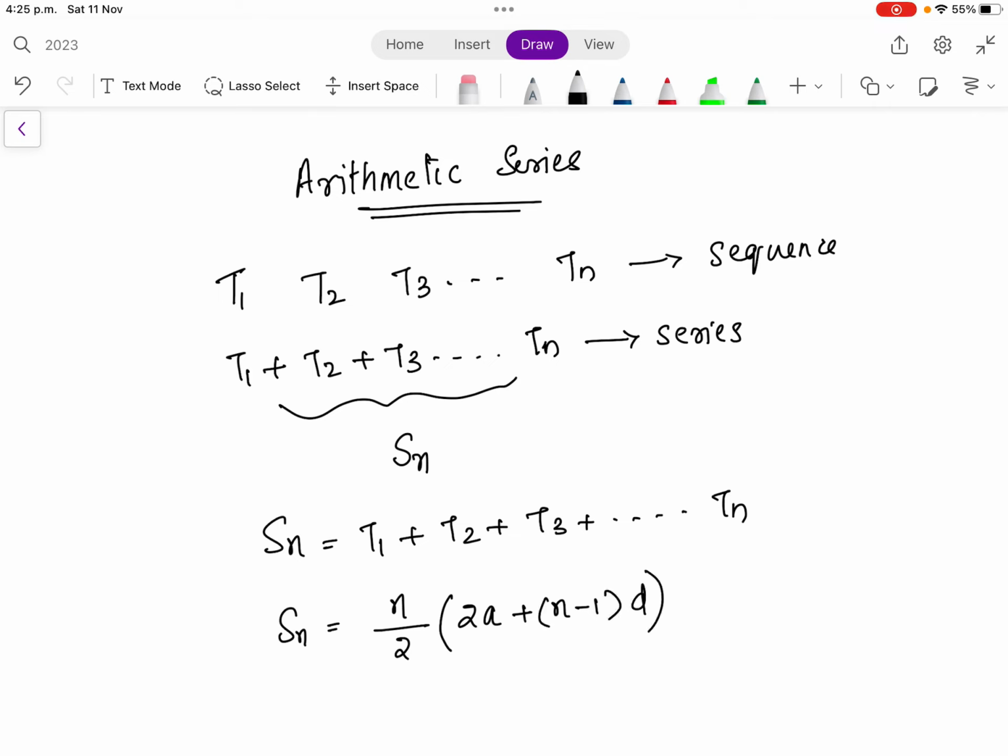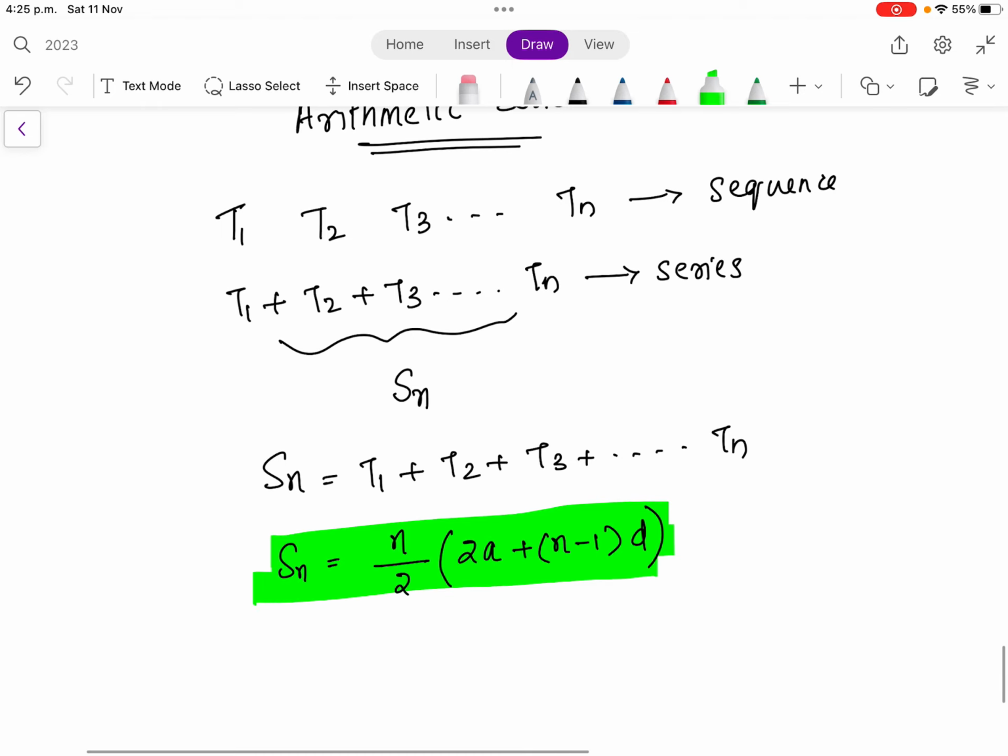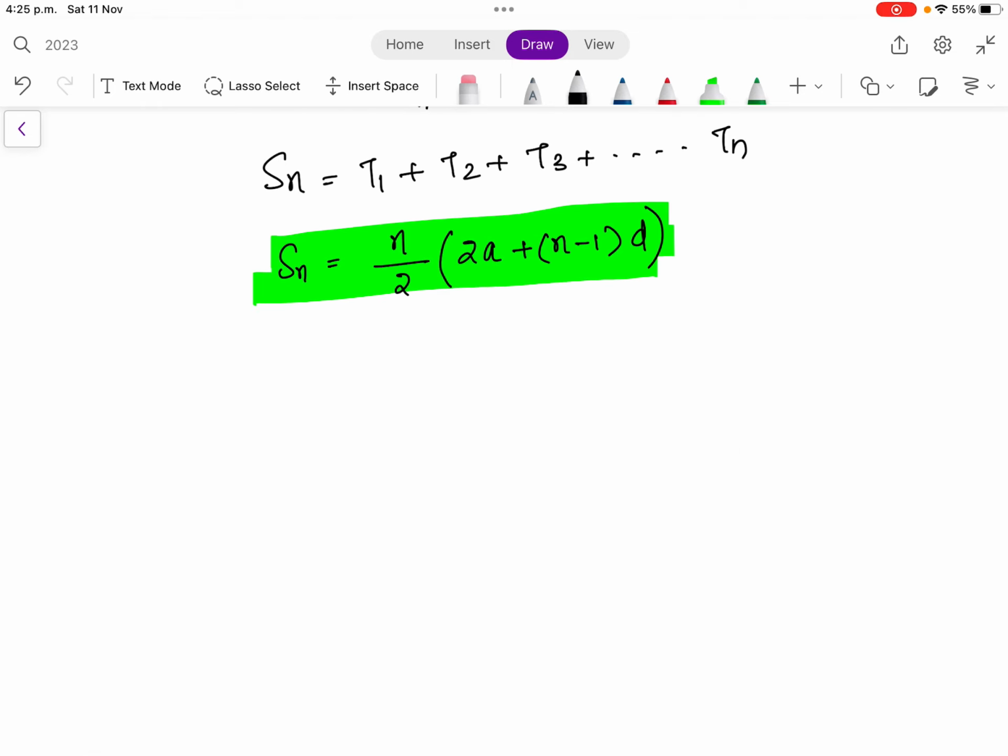And as previously, n is the number of items in the series, a is the first term and d is the common difference. This is also there in the formula book, so we need not memorize it as such, but we need to understand it. So now let's take the series 4 plus 11 plus 18 plus 25 up to